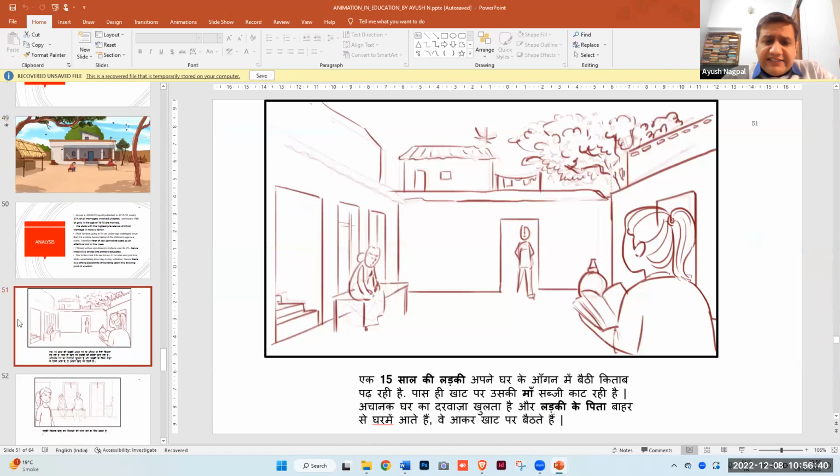This is another example of a storyboard. Here, once again, what we've done is, there's a story of a small